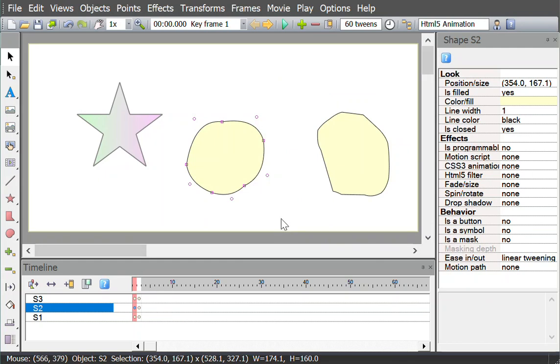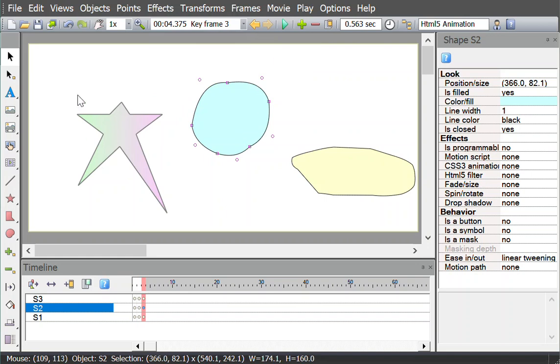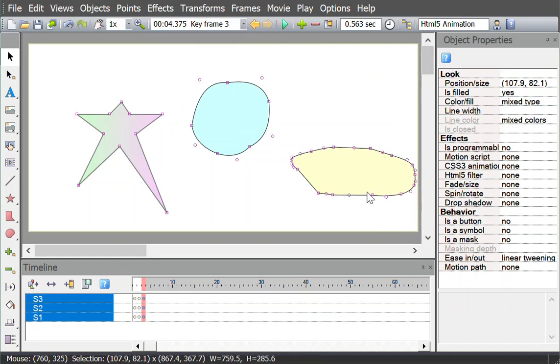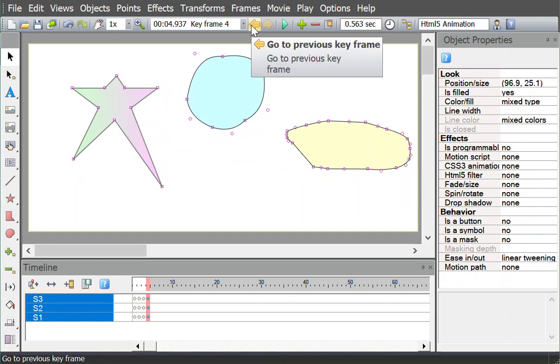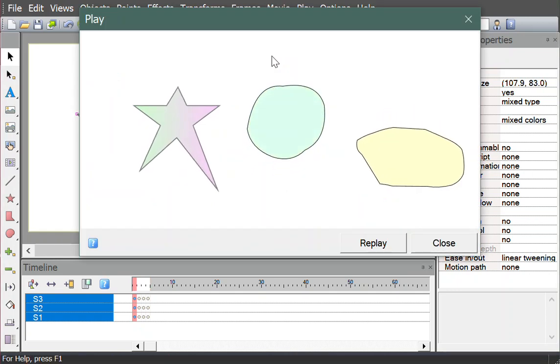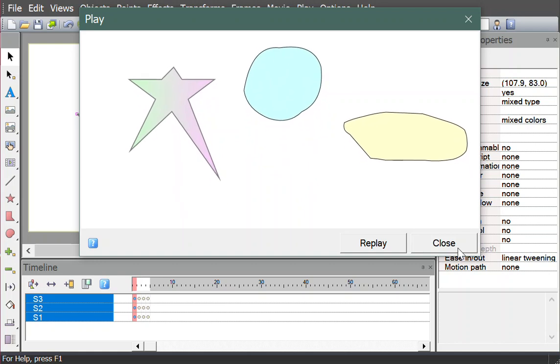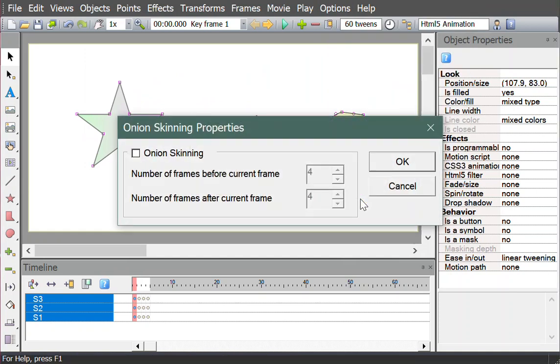To illustrate another point, I'm going to add 2 more keyframes. And I'm just going to make some changes here. Okay, so going backwards, those are the changes, and let's play it. Okay, good. And just to illustrate some interesting functionality, which is useful if you're cartooning, it's called onion skinning, and